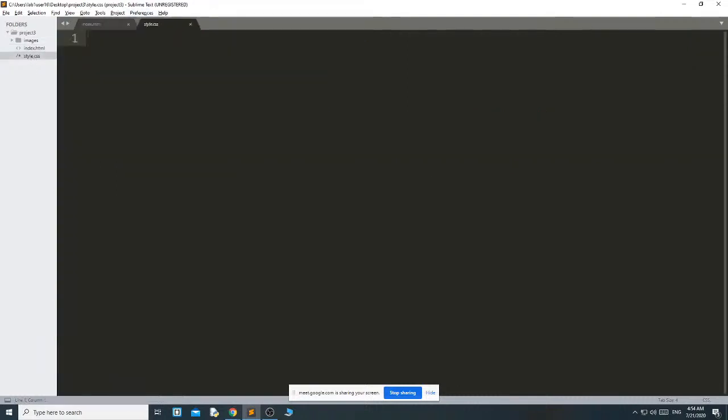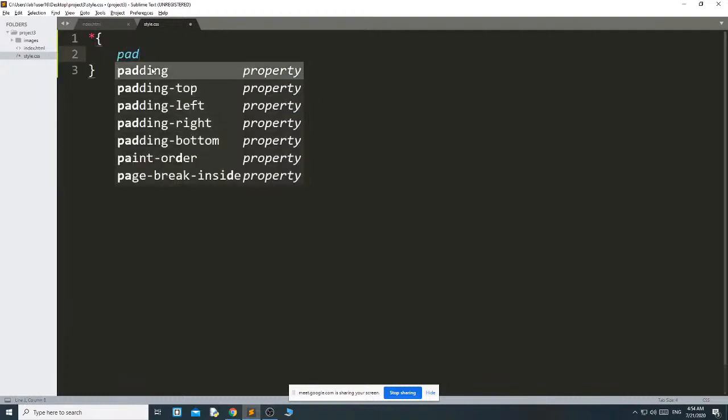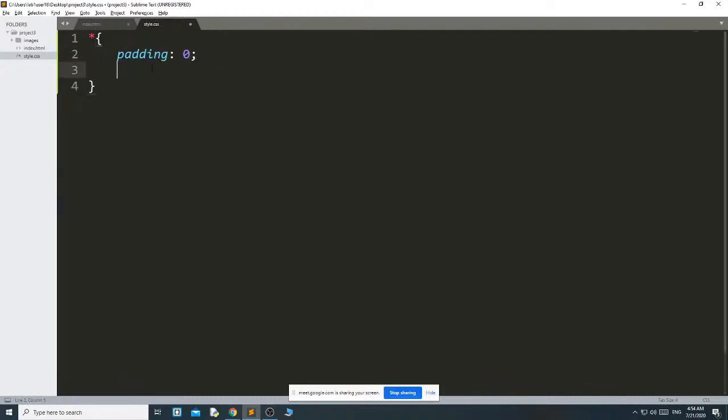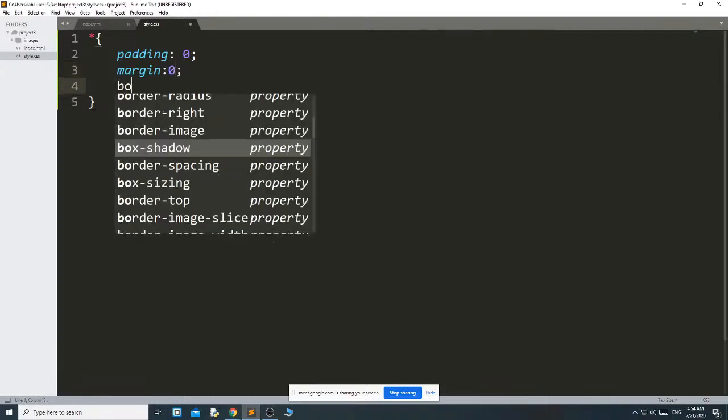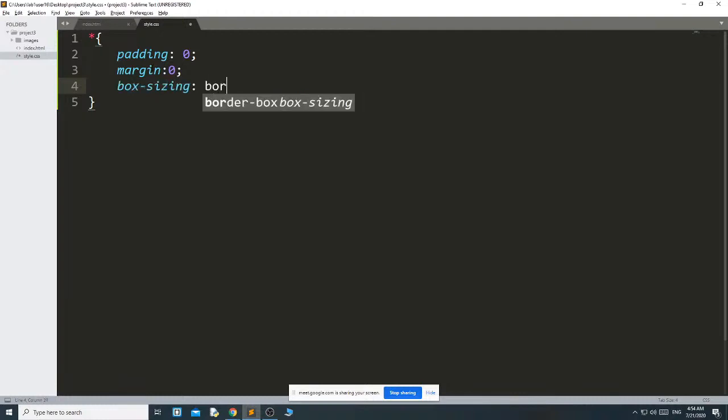When you are starting the style.css, the very first thing you do is padding 0 and margin 0, box-sizing border-box. Okay, this is the basic thing.